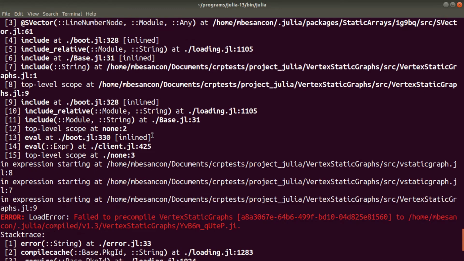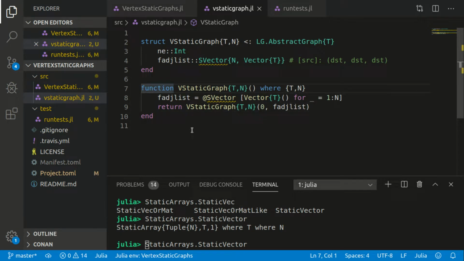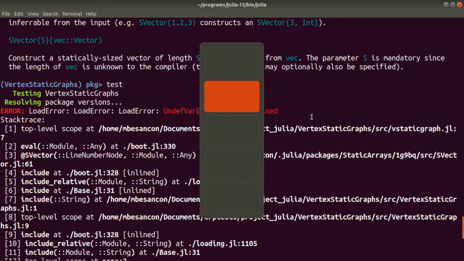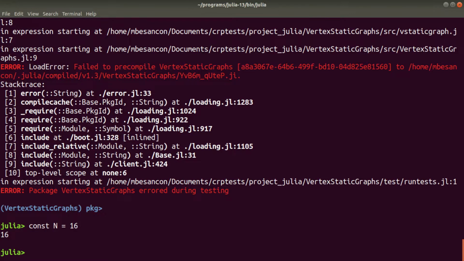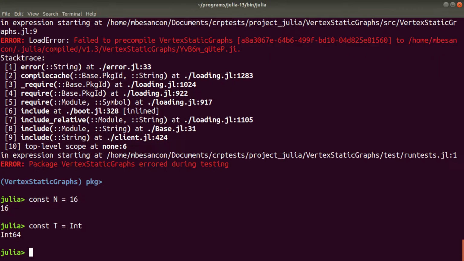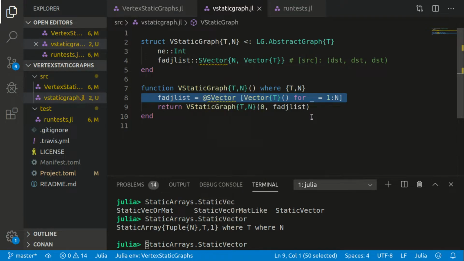Nope, already a mistake. VertexStaticGraph not defined. TN or TN. Did I miss something? If we have a T and an N, I'm not sure about the syntax there. So let's see, we have 16, Int. Can I do that? Yes, I can, definitely. Alright. So I guess